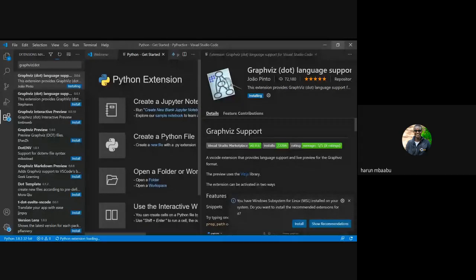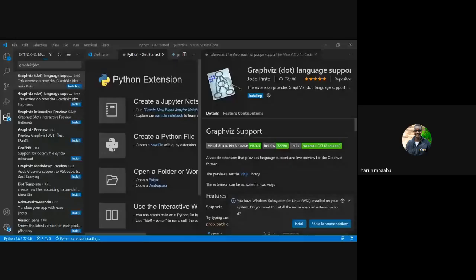Then after installation is complete, I'll stop sharing that screen so that I can demonstrate something. I'll just give it time to install the extension. You have to drag the file now that you have. So I have to navigate to the place that I have that file. Here, it was on my desktop.